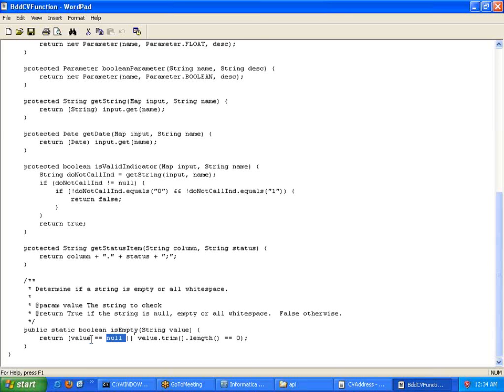See whether the value equals null, and trimming. After trimming, if this value equals 0, which means what? If one of them is true, or means what? If one of them is going to return true, which is either it is a null or length equal to 0, then the boolean return value is going to be true, or else it will be false. Remember, just like what I call the empty check we are doing.